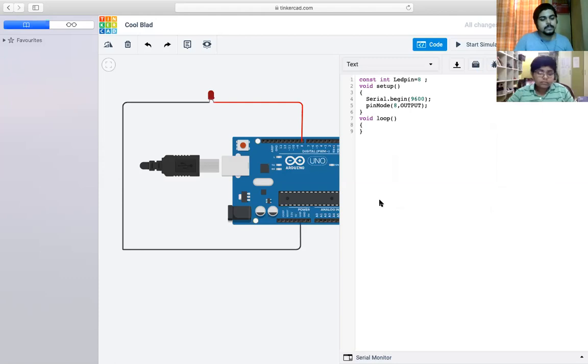Sir, my father told me to ask this question. Sir, can we get the common codes from the Arduino software? Yes. Whatever code we write in the Arduino software, we can also write in Tinkercad. Same code, same syntax, same rule.